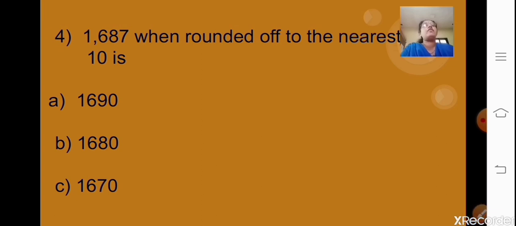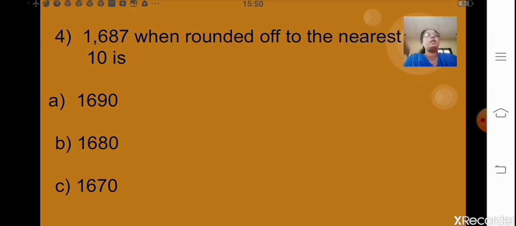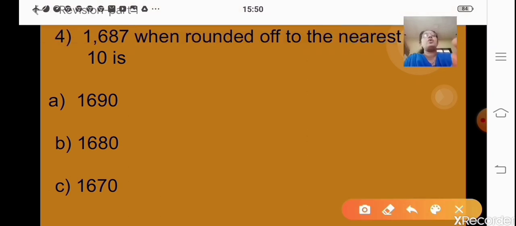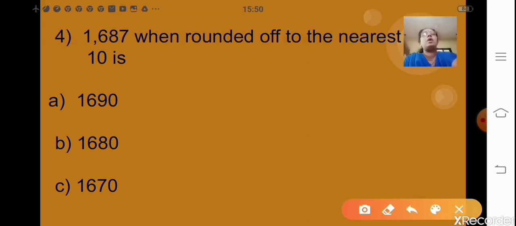1,687 when rounded off to the nearest 10. Now you have to round off the number to the nearest 10. So you will see the number in the ones place. Correct? So what is the number in the ones place? In the ones place the number is 7. That means it is more than 5. So you will add 1 to the number